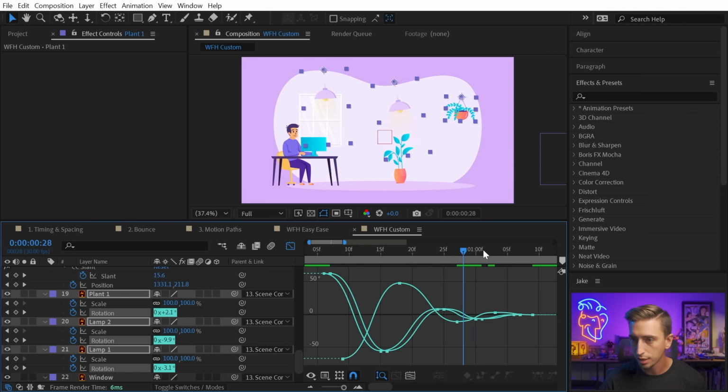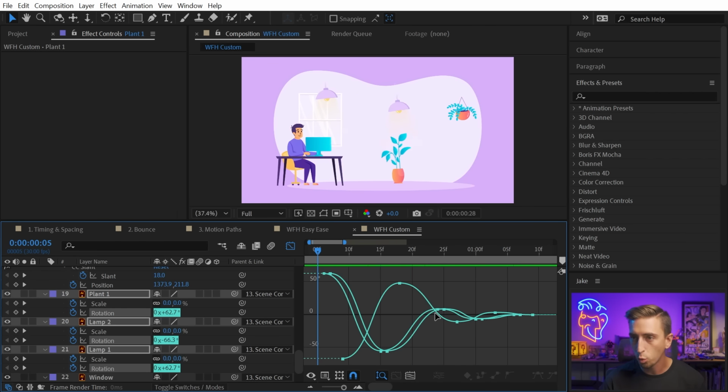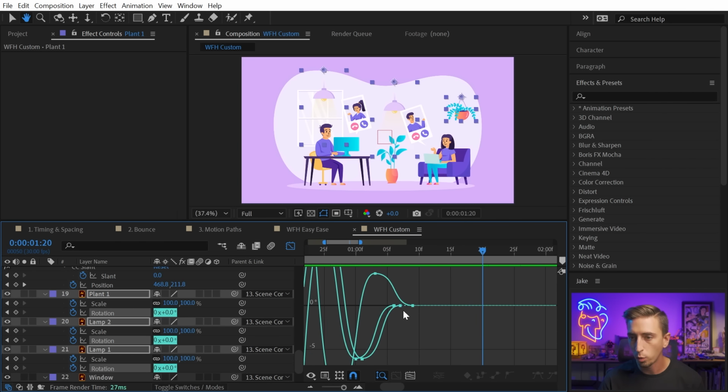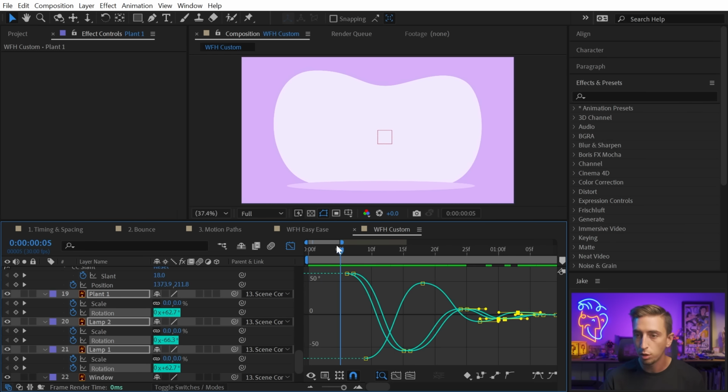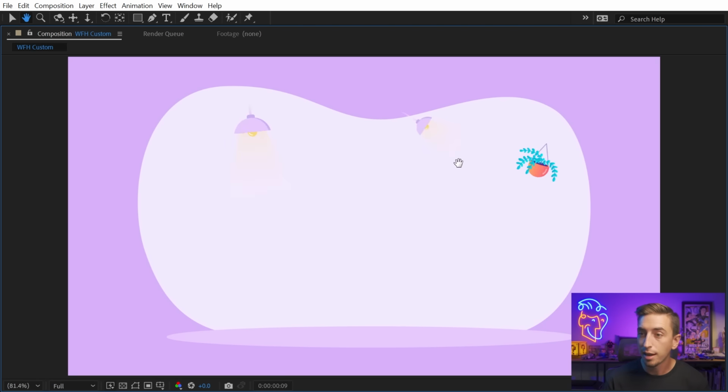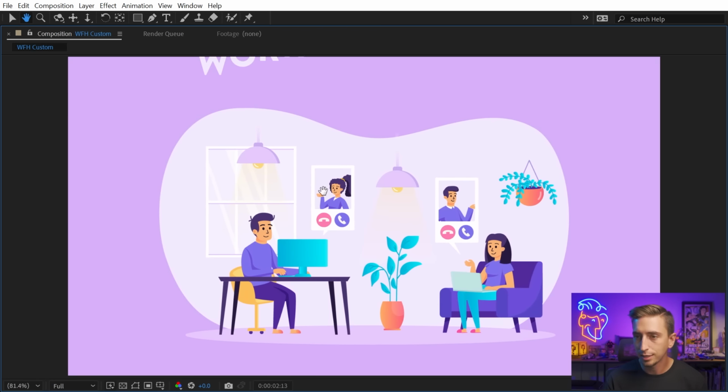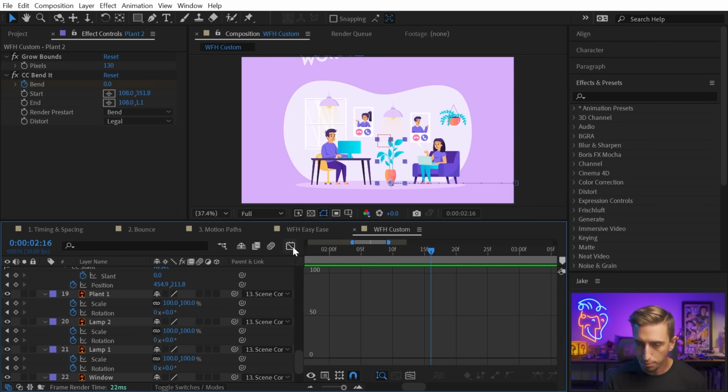Now, some of these keyframes at the end might need a little bit of tweaking because all of that easing with different timings being applied consistently might be a little too extreme. So I might wanna back these ones off a little bit until I get something that looks a little more smooth, but let's play that back. Now those plants and lamps come in really nicely, and the only thing left really is the bended effect for